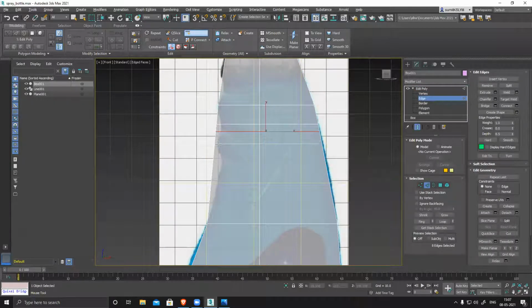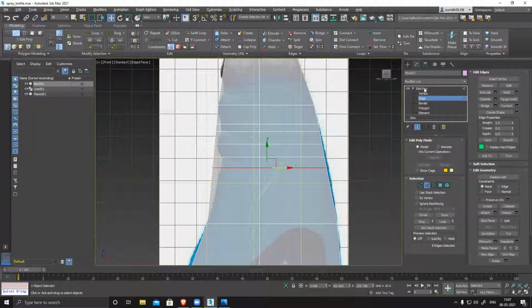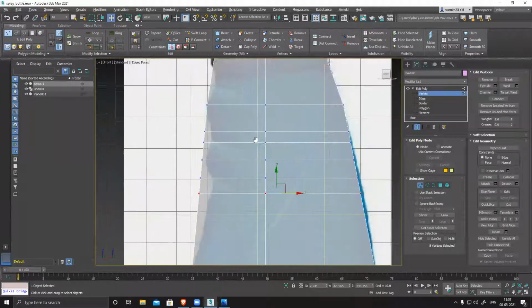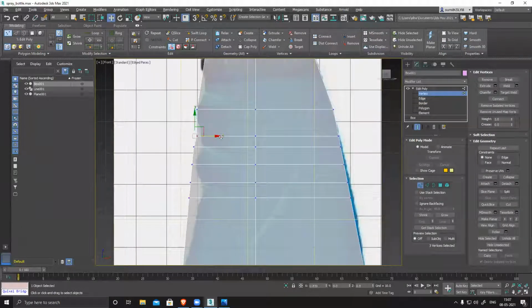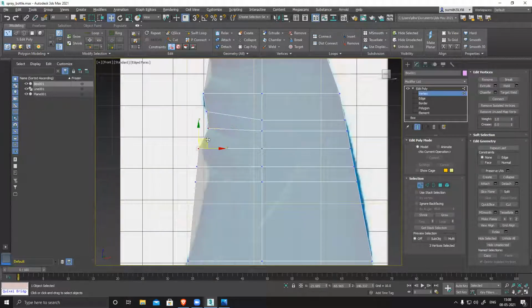One more and one more, one more. A couple of loops are required. So one by one, now I'll select this, push it inside, or I can keep it slightly somewhere here. If you select this yellow, it will move in Y and X direction, not in Z direction.